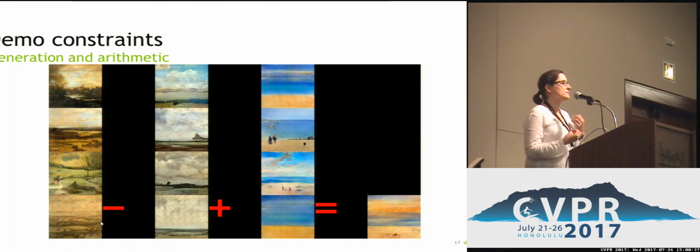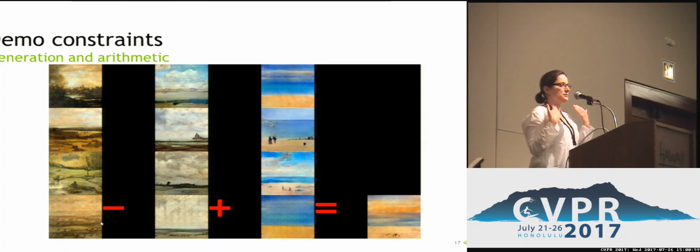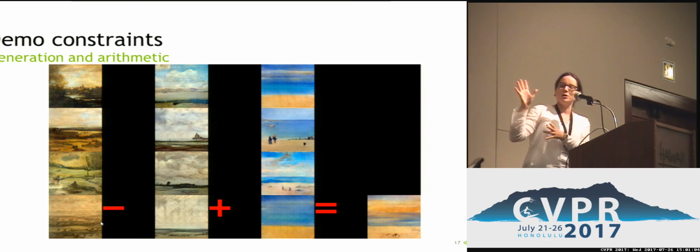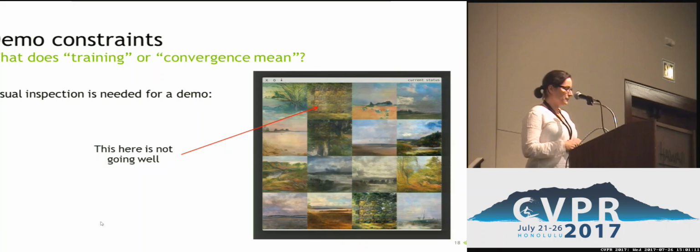So we also wanted to show what we thought was a very interesting point in terms of vision of the paper, that you could do feature combination and you could do arithmetic on the features, which was very cool. So that's the end result we got. Basically, the first column on the left is where we wanted to take a sunset that had bad weather, remove the clouds in the middle, and add the beach so that we could get a sunset at the beach. That took a long, long time. That picture was a big aha moment. I'm going to try to show you why.